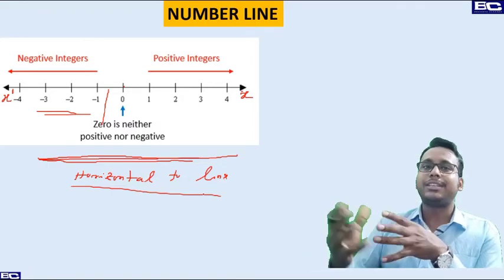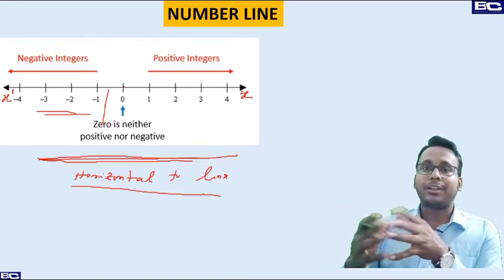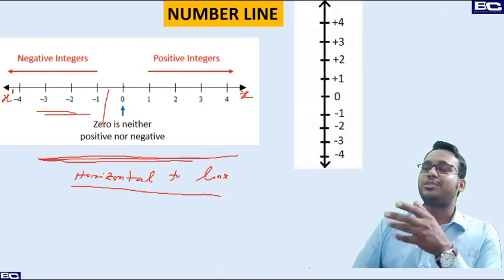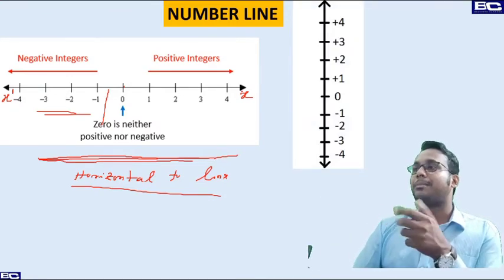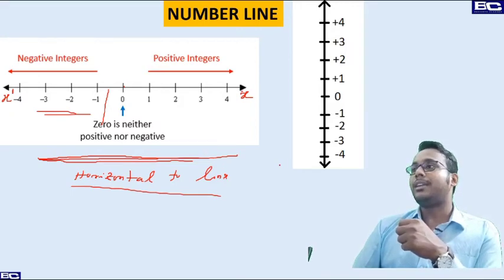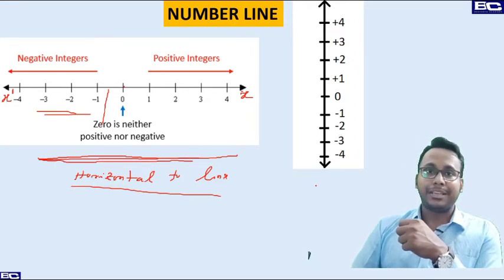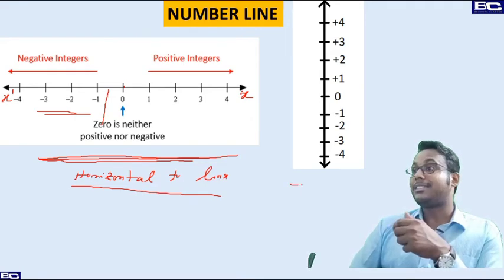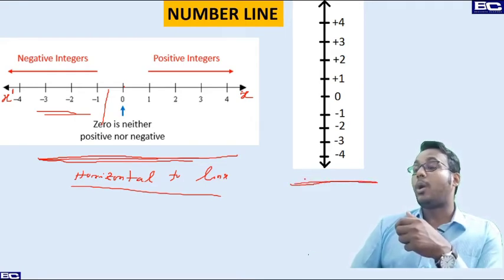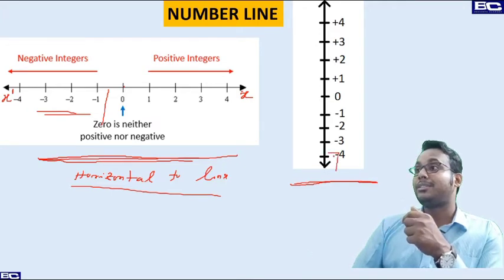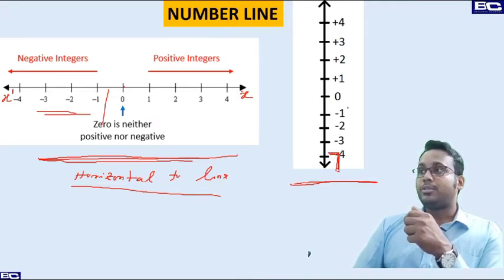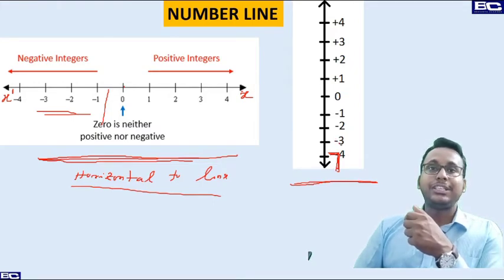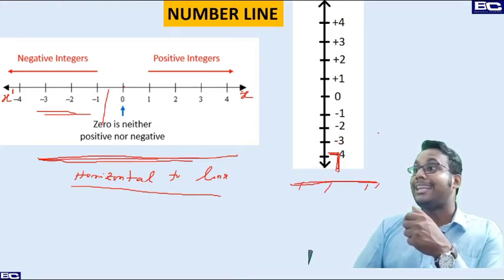But what is the opposite of the horizontal number line? You can check it out. It is also a number line, the same number line that we have just completed. But one difference is there: this one was sleeping and this one is standing. Yes or not? This one is standing. Imagine this is our ground. This is not parallel, it is making 90 degrees with the ground. A line which makes 90 degrees with the ground is called a vertical line.